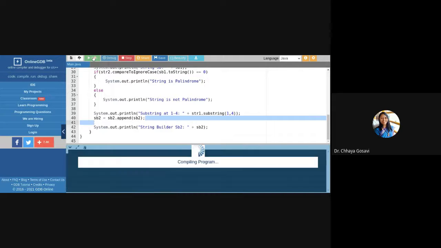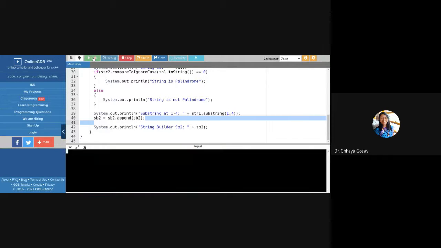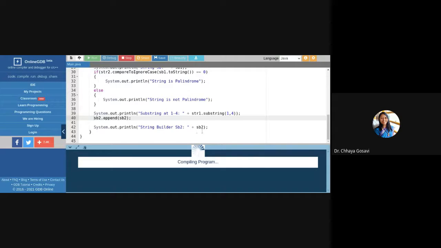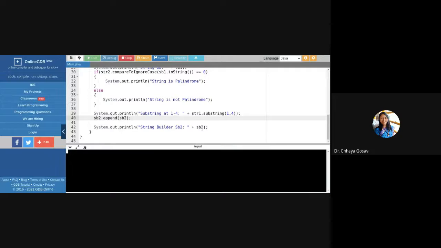It has an append function. Instead of concat, the StringBuilder class has an append function. So no need to return it, just sb2.append(sb2), and if you print sb2, it will print college twice. Or you need another object of the StringBuilder class.